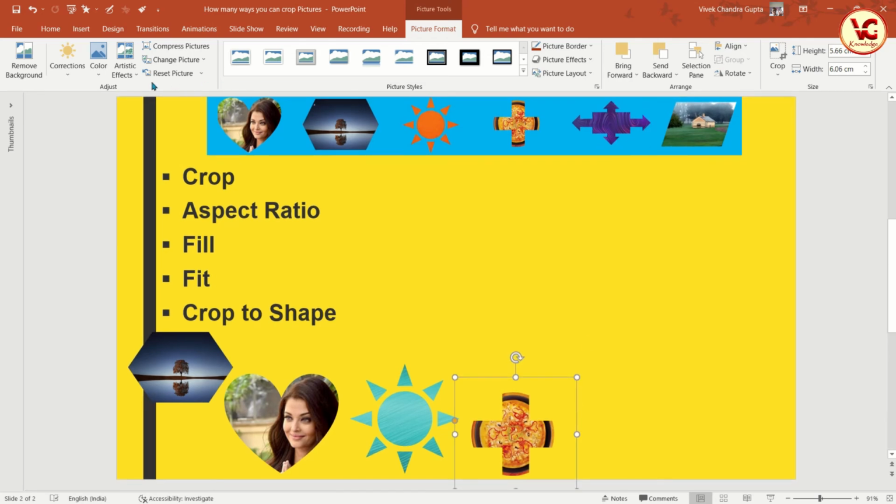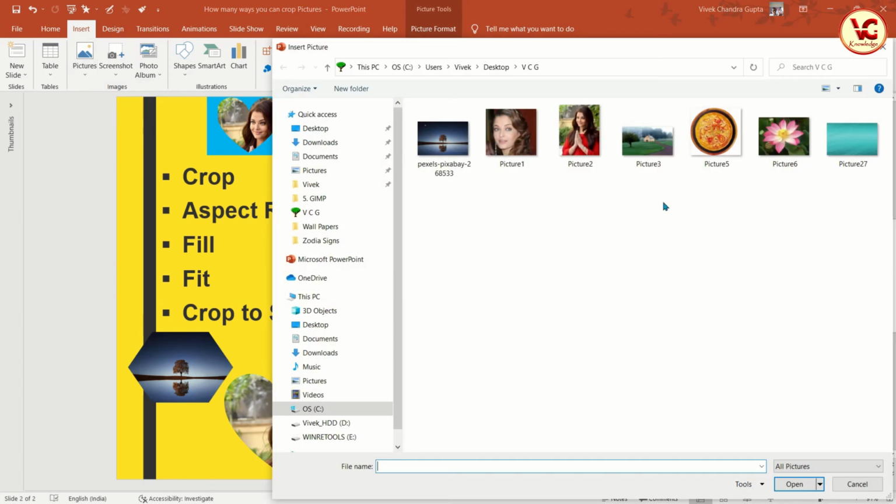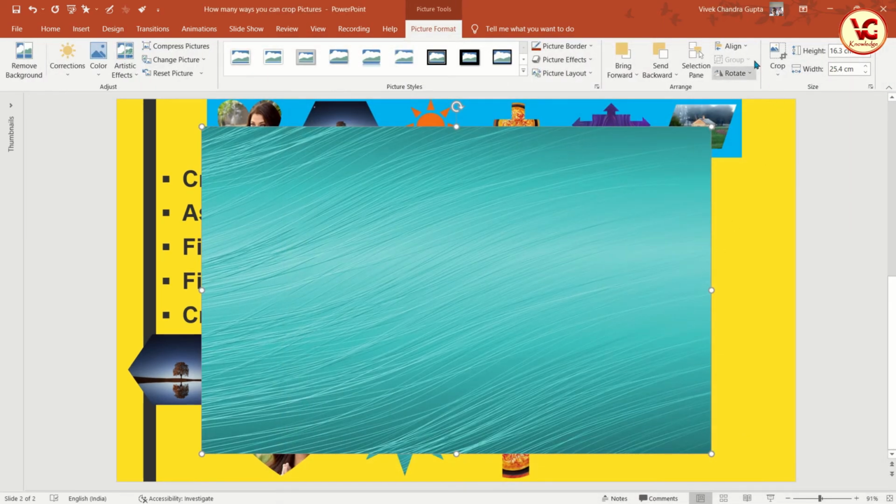How can we achieve this? Go to the next picture, insert device. Let me select this as well for this purpose.